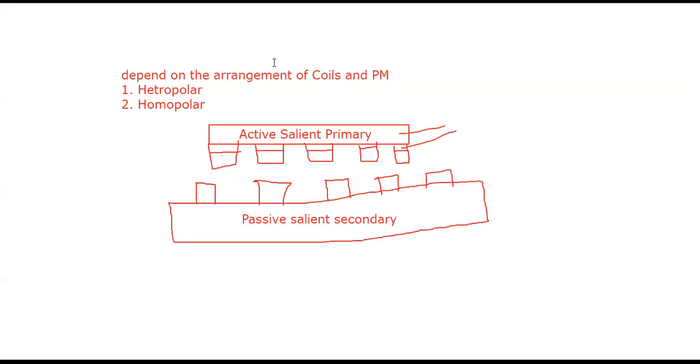coming to the advancement of this passive element, here the passive salient secondary part of a linear synchronous motor, right? So what advancement is made here is that this one is made up of, I am drawing some stripes here, right? This one is made up of two different types of material: one is ferromagnetic, followed by the non-ferromagnetic.